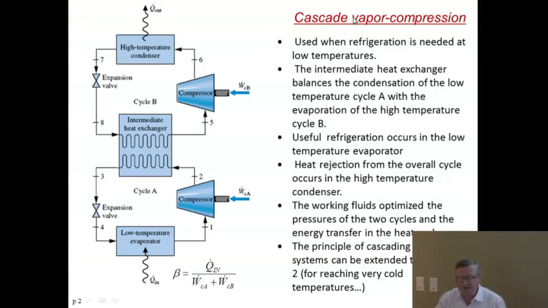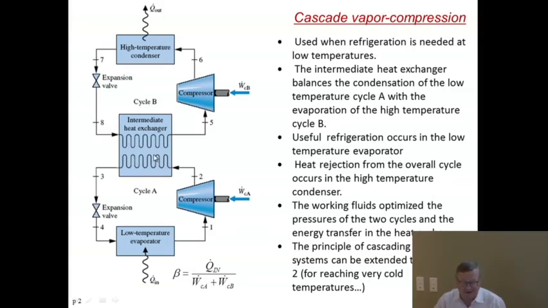So the first technique used is called the cascade. Well, the cascade is actually not designed to improve the efficiency. It's designed to lower the minimum temperature. And you will actually use this if we do this project on liquefying gas. If you have to liquefy something, you have to have a very low temperature, much below what you can get in a single stage. So this is something that's used when the refrigeration is needed at low temperature, and what there is here is